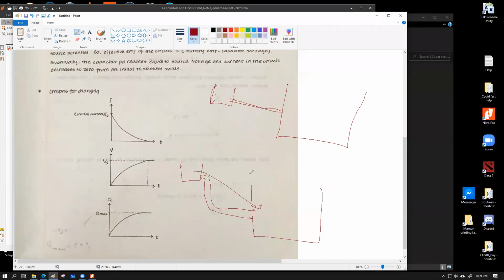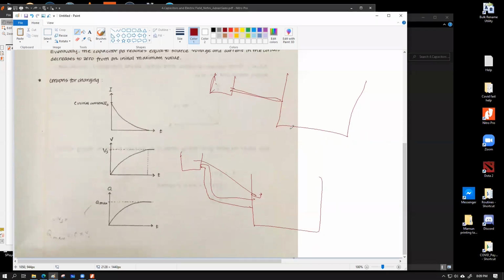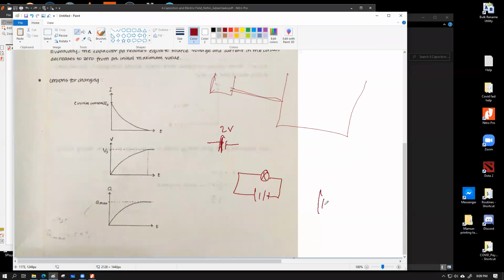Why am I telling you this? It's a very simple idea which we have covered in our AS level as well. You should know this example: let's say we have a battery, so let me just rub this off. We don't need that, and a bit thicker line. Let's say we have ideal cells, and each of these cells has a voltage of 2 volt. If we connect a bulb in this fashion, the available voltage across this bulb is going to be 4 volt, which makes sense. But if we have a bulb that is connected across a combination of batteries that looks like this,